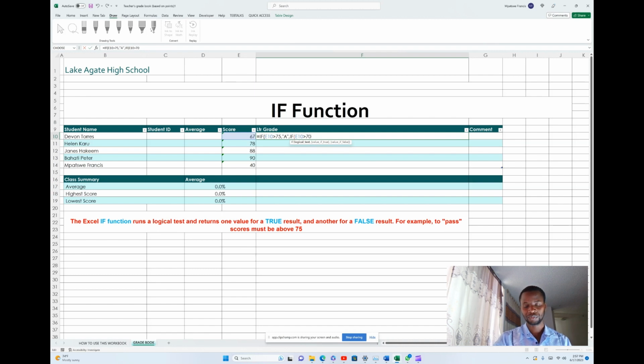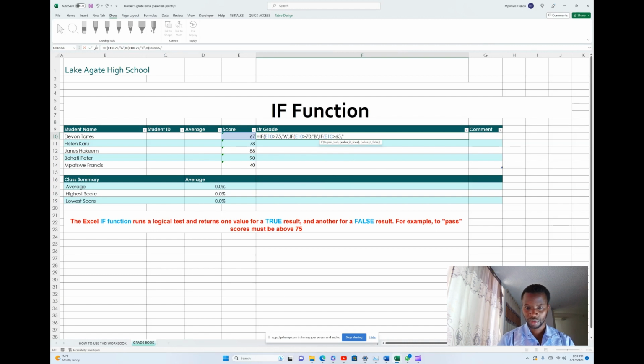This will run from 70 to 75, so I will give this person a B. Then I say if E10 is greater than 65,